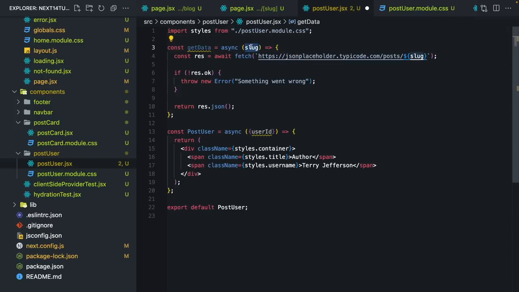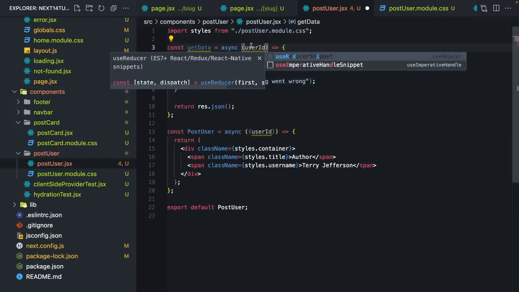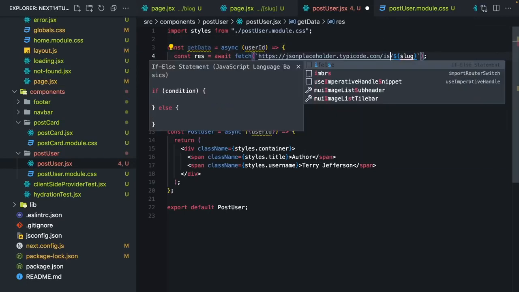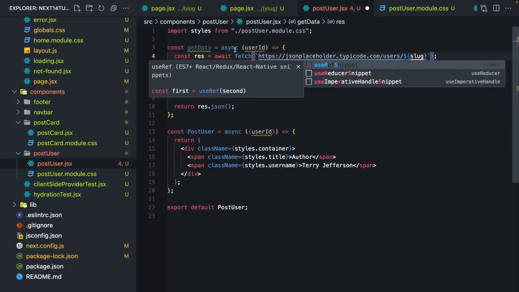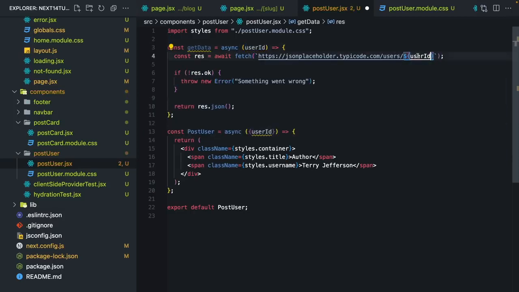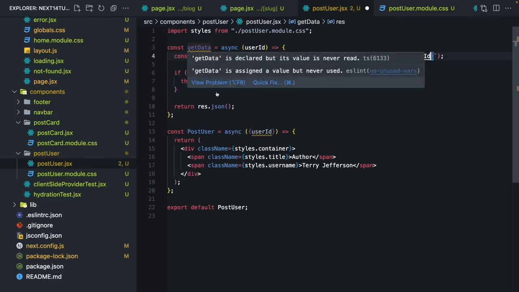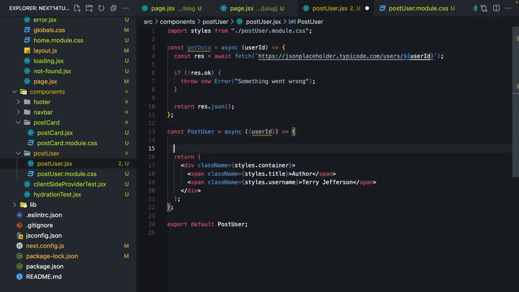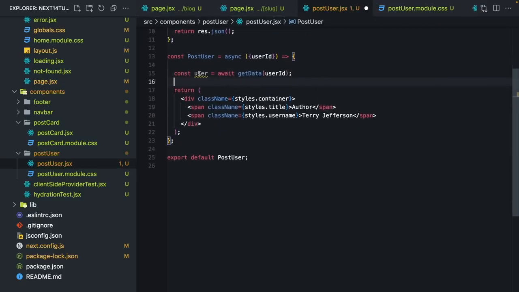This time we are going to have the user ID. We are going to fetch users and the user ID. So let's say const user = await getData and user ID, and it's going to return us